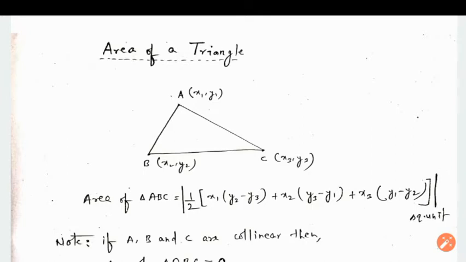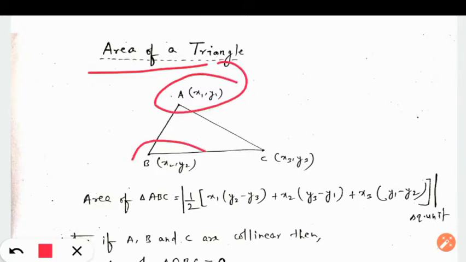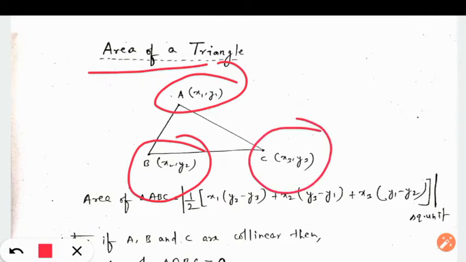We were doing coordinate geometry from NCERT, and we have solved exercise 7.1 and 7.2. So in this video, I am going to solve the last exercise of chapter 7, coordinate geometry. In this chapter, we have one topic, area of a triangle. So let us discuss how to find the area of a triangle when the three vertices of a triangle are given.